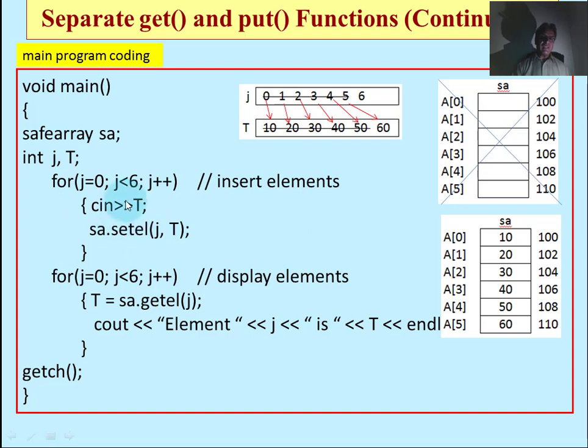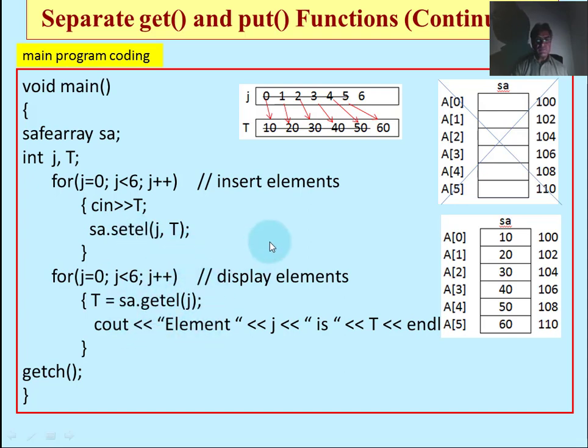In this way all the 6 elements will be processed. The value will be received from the user and will be stored through the set element function of the safe array, so that if the index exceeds, then the safe array set element function will display the message that it is out of bound, and we will not store more data, so that it cannot be wasted.